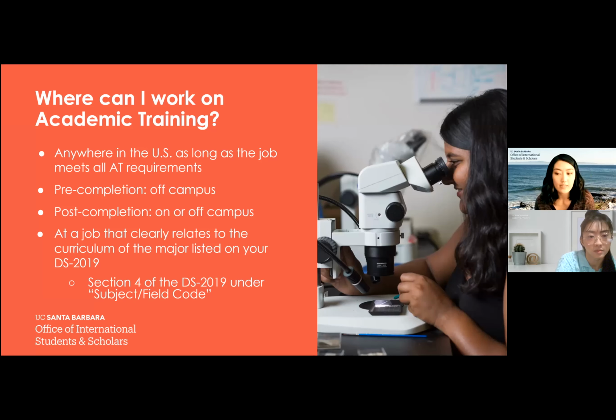Where can I work on academic training? Well, the answer is anywhere in the US, as long as the job meets all academic training requirements. For pre-completion, you can work off campus, and then post-completion, you can work on or off campus. You also can only work at a job that clearly relates to the curriculum of the major listed on your DS 2019. You can find that information in section 4 of your DS 2019 under